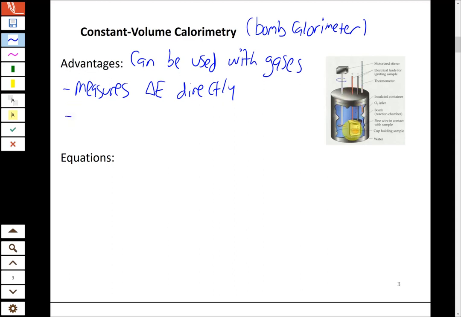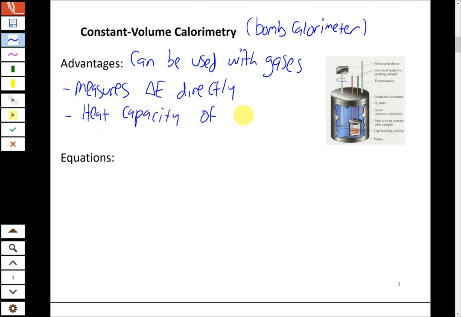It has another little container inside of it where the reaction happens, so that's completely sealed. It's surrounded by water, has a stir to circulate heat, temperature sensors, all kinds of things. We're not going to get into the details of how this is designed. That's not really important. But the advantage that this also gives us is that the heat capacity of the calorimeter